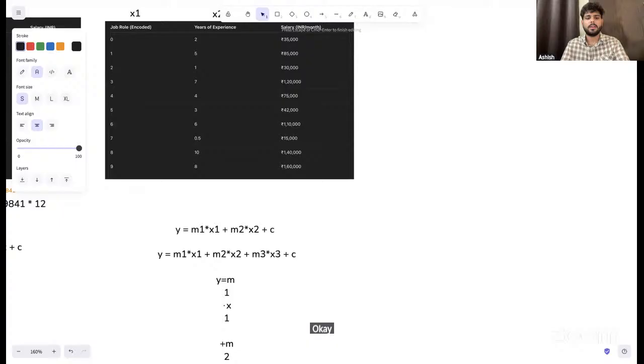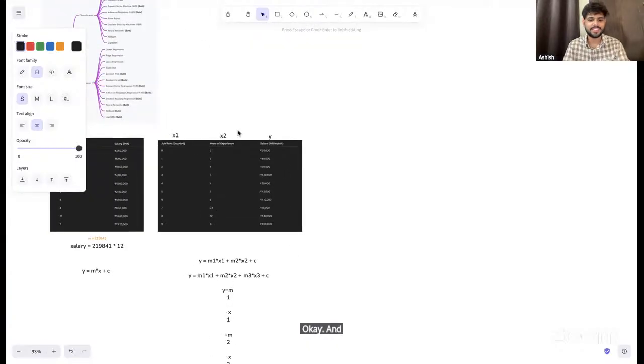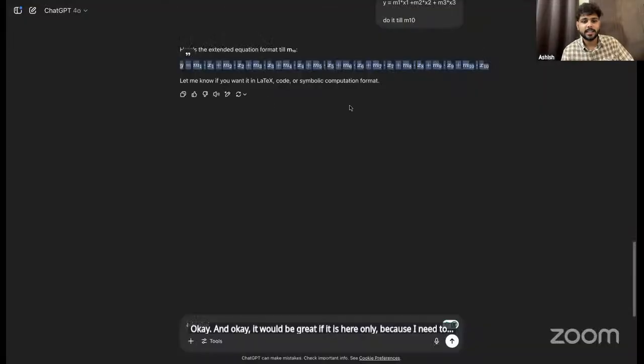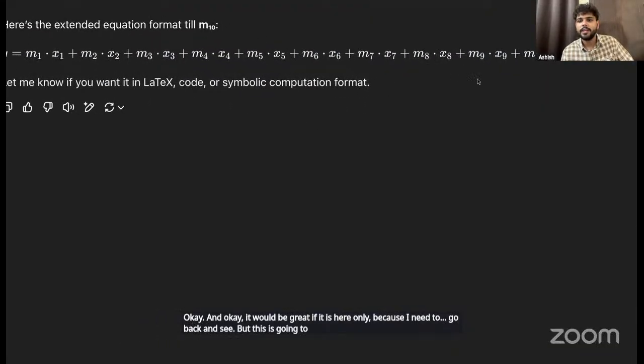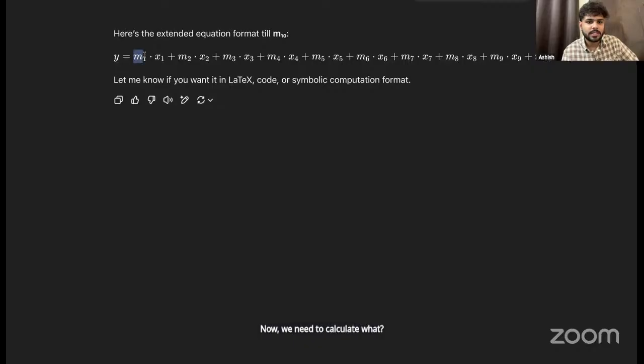Okay, it would be great if it is here only, because I need to go back and see. But this is going to be the formula, and we need to add a final bias here. Now we need to calculate what? These M's, M1, M2,